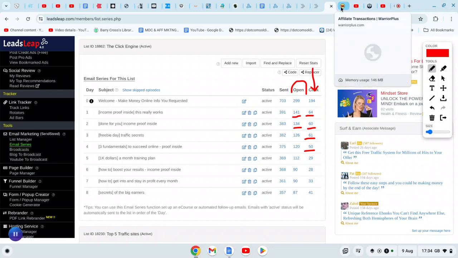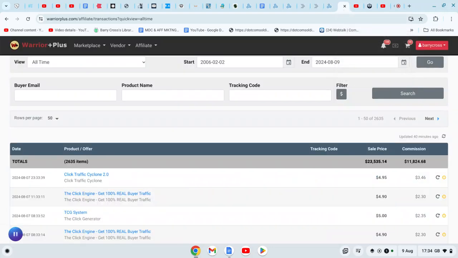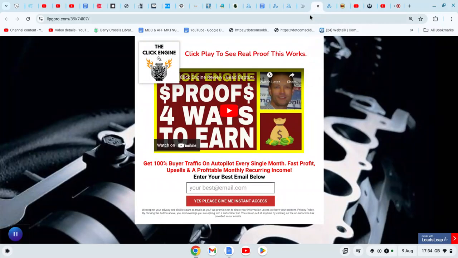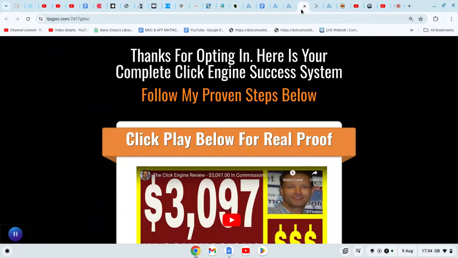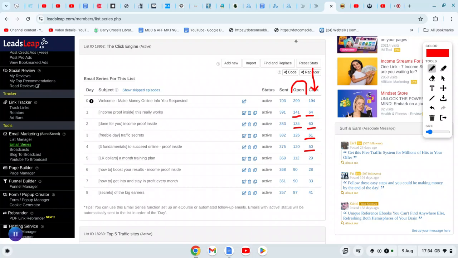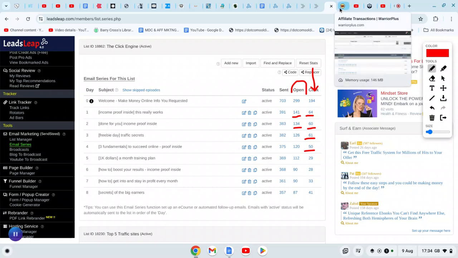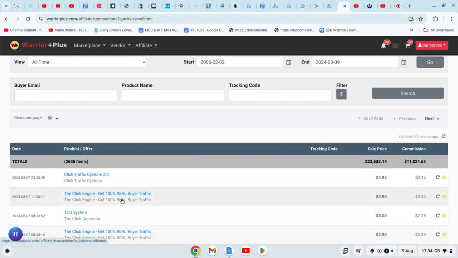And just to show you some proof that these Leads Leap tools work and that you can earn commissions with them, this is my Warrior Plus account here. When I showed you the Click Engine lead capture page, done with Leads Leap, the Click Engine welcome page, and one of my Click Engine autoresponder lists, you'll see here my commissions with Warrior Plus, which is what I use Leads Leap tools to promote. I've earned $11,000 in commissions,